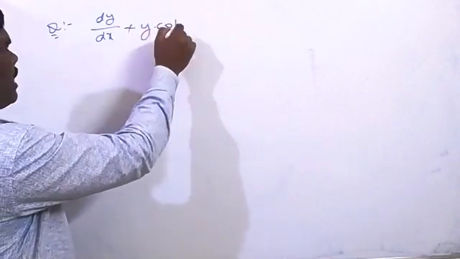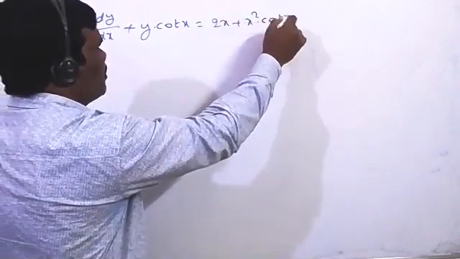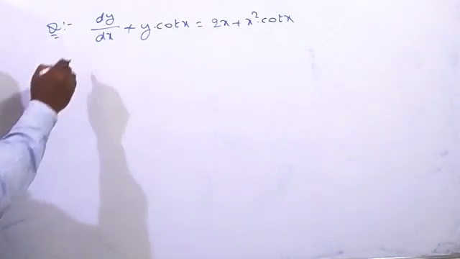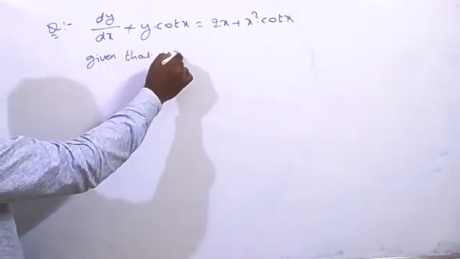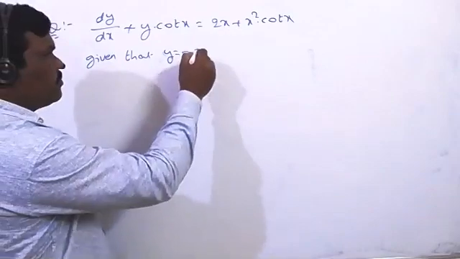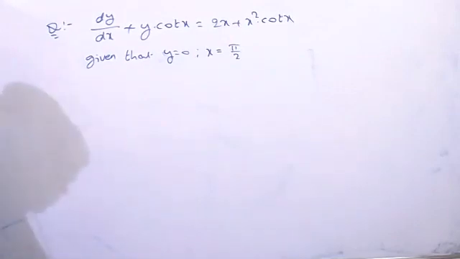Right. dy by dx plus y into cot x equal to 2x plus x square into cot x. Okay, this is the differential equation. Now for this one we need to find the particular solution, given that y equal to 0 and x equal to pi by 2. So we have to do this